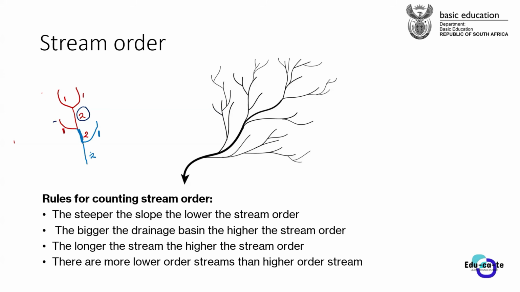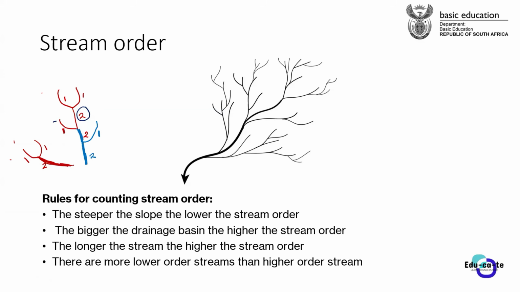Still not going to have so much effect because it's just one stream, guys, just small waters flowing into big waters. So their effect is not really noticed. That's why we still remain with the same order. But if we have another combination on the other side, let's say here, we have 2 streams. This is stream number 1, stream number 1. They are both first order, and they combine. When they combine, they're going to make a second order stream. And this second order stream is a second order stream because it's a combination of 2 first order streams.